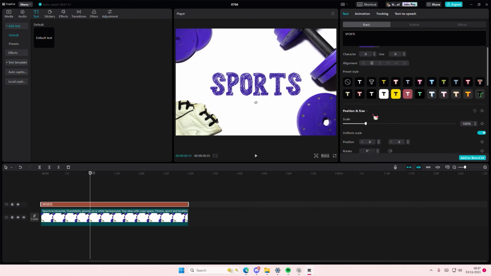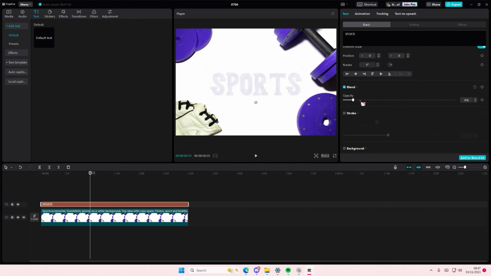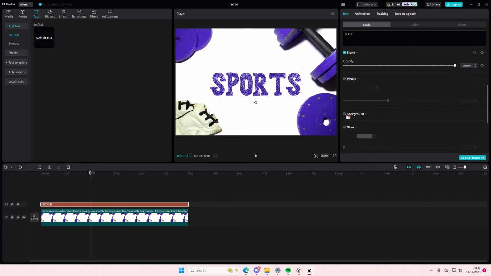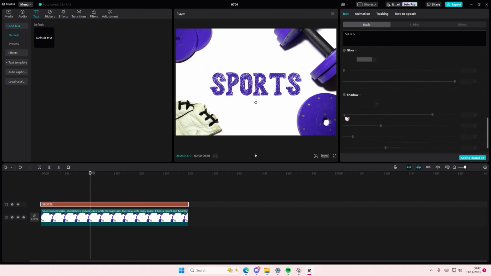Here you can scroll down, adjust the size, you can rotate it and stuff like that. You can also adjust the opacity. You can even add in an outline, but it just looks weird. You can even add in a background. You can add in a glow as well here, but again it looks a little bit not great with the